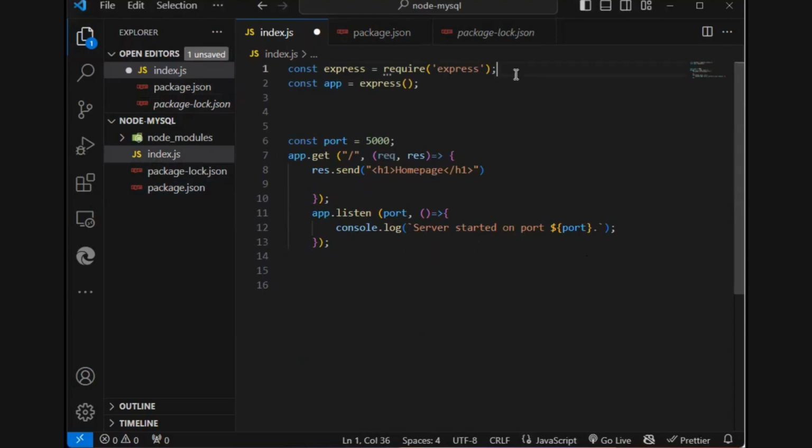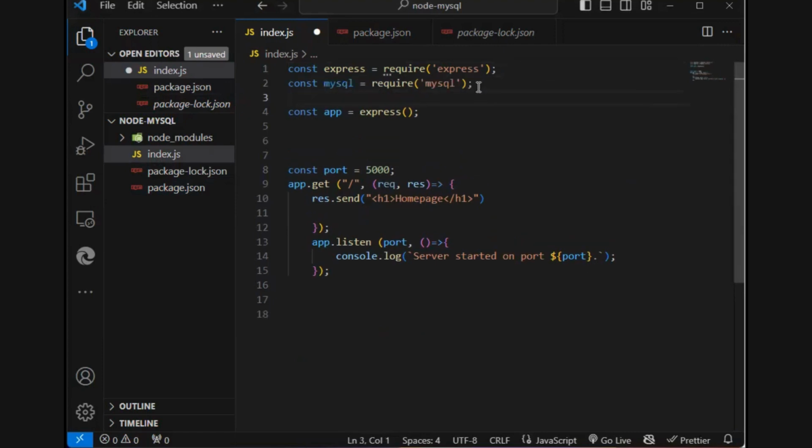import MySQL. And to do so, we are going to write the following line here. const mysql = require('mysql'). To be able to use MySQL inside our Node.js, we should require it inside the code. And since we imported it, now let's